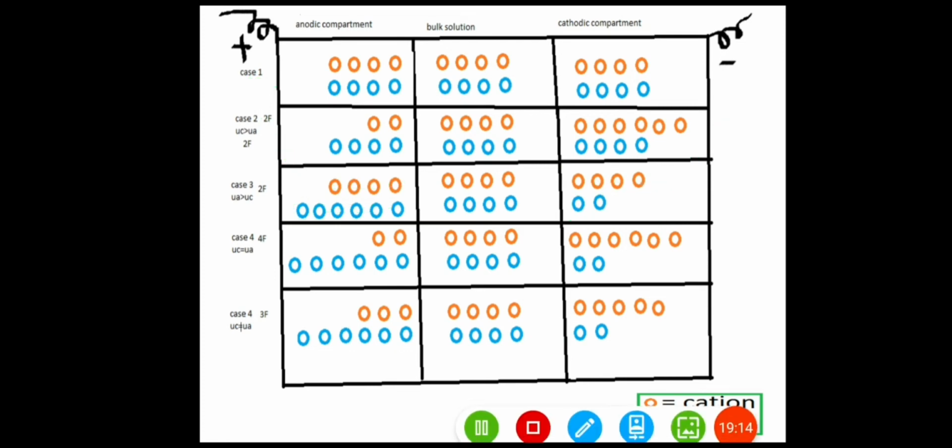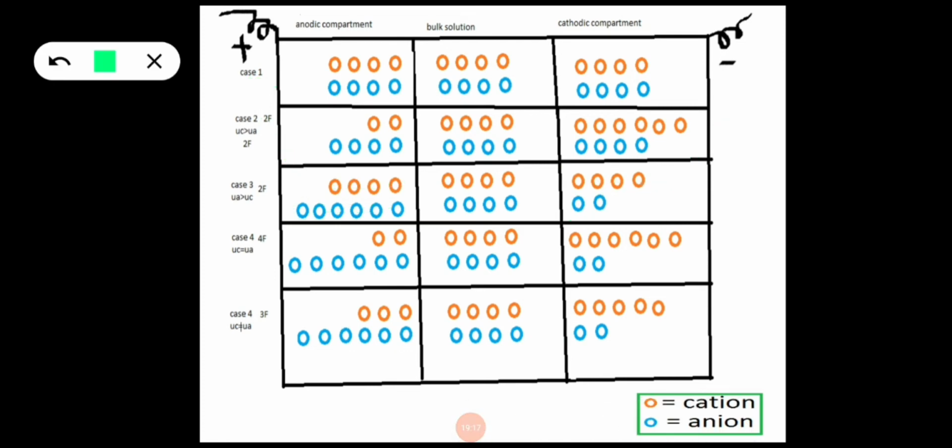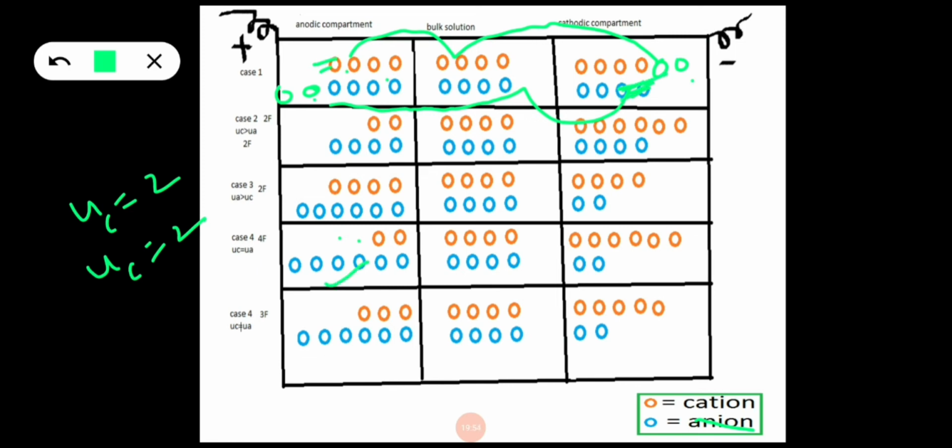Now let us take one more case. Speed of cation is equal to speed of anion. So let us take 2 cations are moving in a given time and 2 anions are moving in a given time. So 2 cations from this compartment, this is the initial concentration. From this 2 will move here and 2 more cations will come here. So the number of cations will increase here. And 2 anions are moving here. These 2 anions will come here, and then again they will push here. So 2 more anions will come here. So 2 cations will decrease here and they will move here, and 2 anions will decrease here and they will come here. So the situation will be like this.